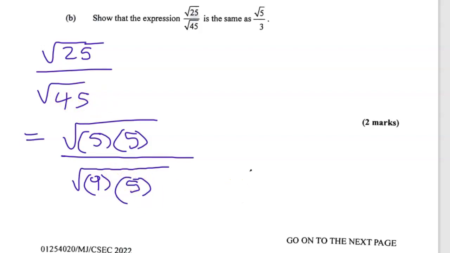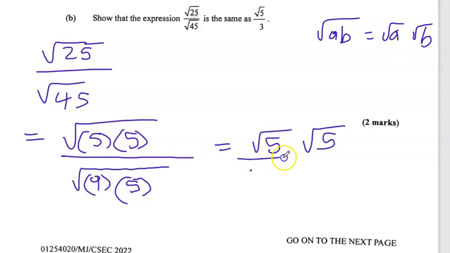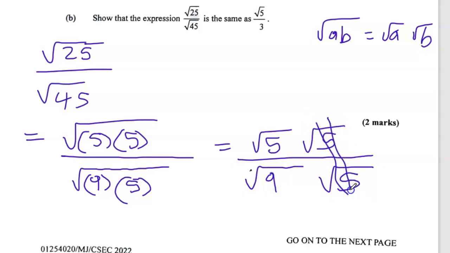Remember with surds, root AB is the same thing as root A times root B. In the same way, I can write this as root 5 times root 5 over root 9 times root 5, and root 5 into itself, that's 1. So we're left with root 5 over root 9, which is root 5 over 3, since root 9 is positive 3. So this proof was quite easily done. Let's move on